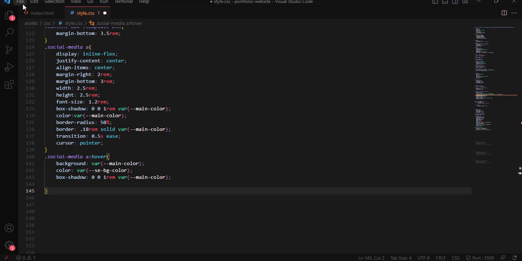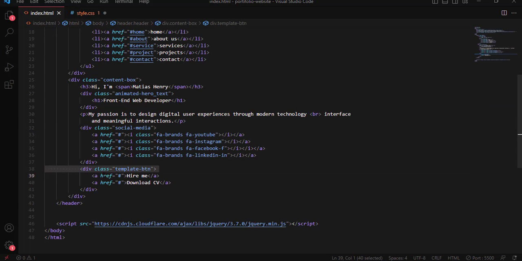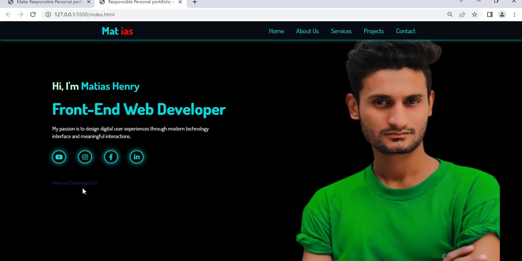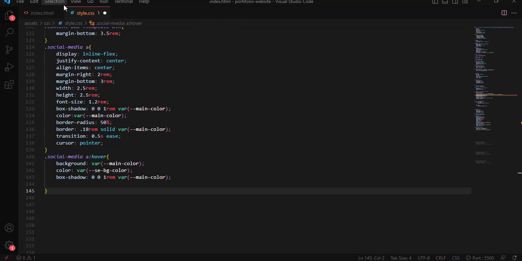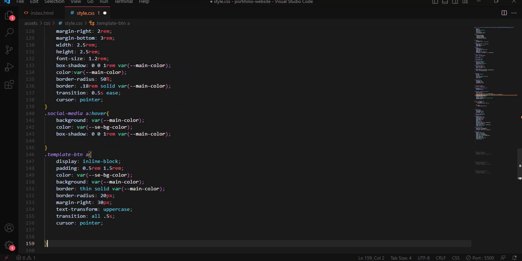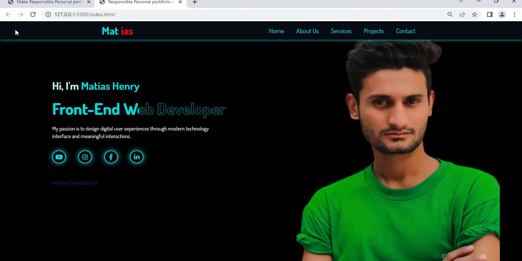After that, you see, to style this, we are going to use this template button class selector right here. So here we have the style for this template button, the anchor element, display inline block. Padding we have 0.5 rem from top and bottom, and 1.5 rem left and right. We have color right here, we have a background color right here again, main color, and we have border thin solid having this color right here again, and text transform uppercase. After that, when I save the web page,